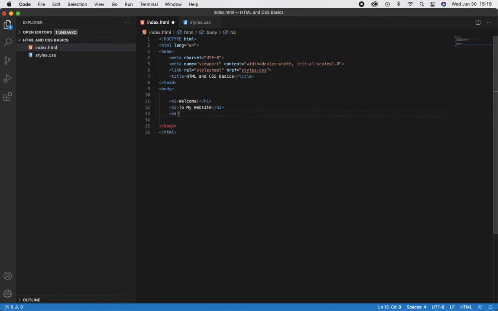Now I'll just show you all the H tags. So there's H3, H4, H5, and H6. Now, generally, you will not be using anything past maybe H3. It's kind of rare to use H4, H5, and H6, but if we were to, let's just put some random text in all of these,